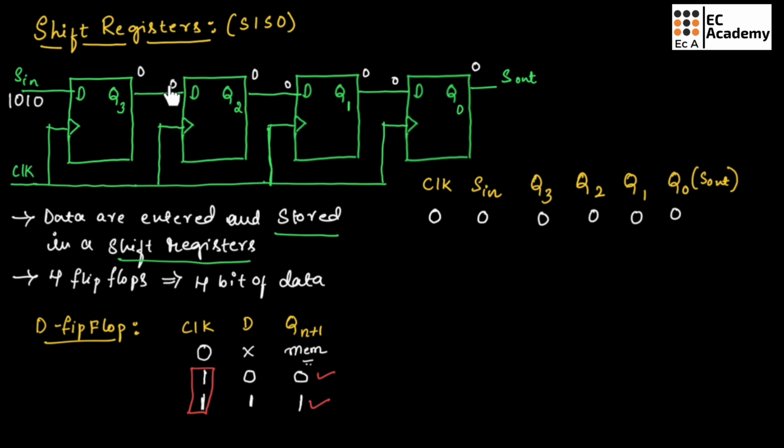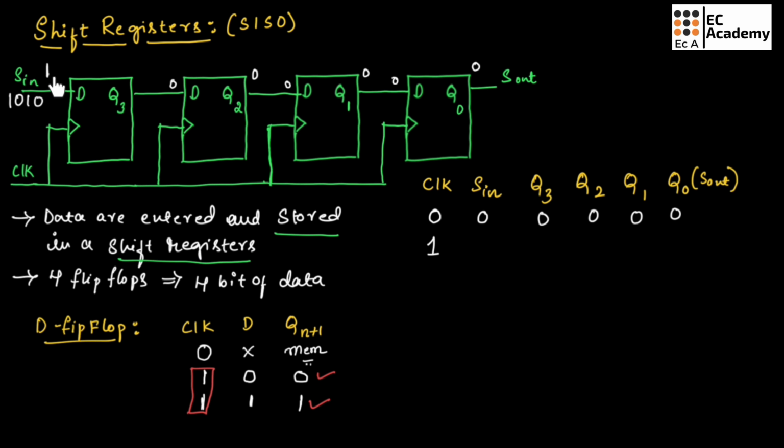So this 0 will be input to the next flip-flop, again 0 will be input to the next flip-flop, 0 will be input to the next flip-flop here. Now let us say we are applying the input as 1. So if we are applying input as 1 for the first flip-flop, and if we apply the next clock pulse,